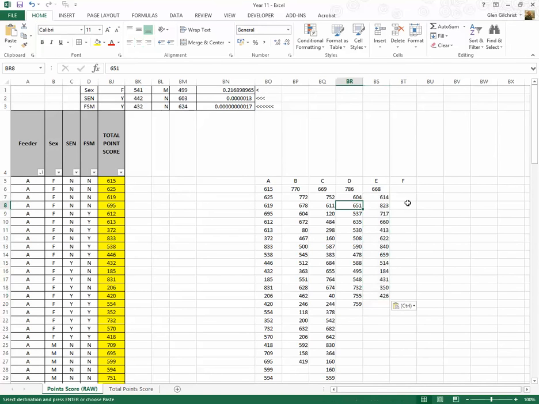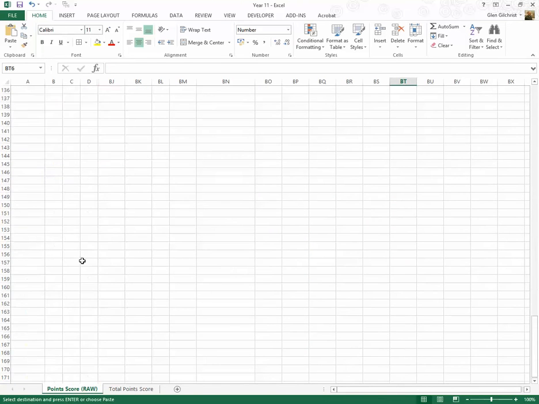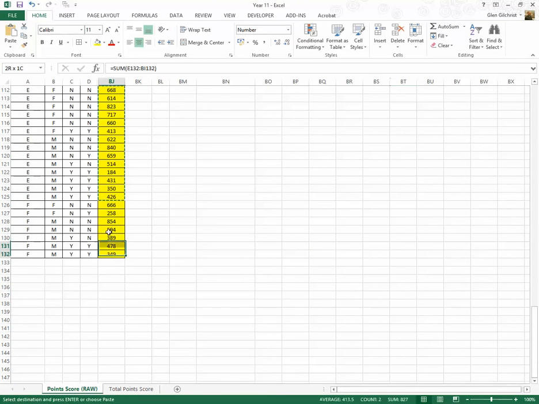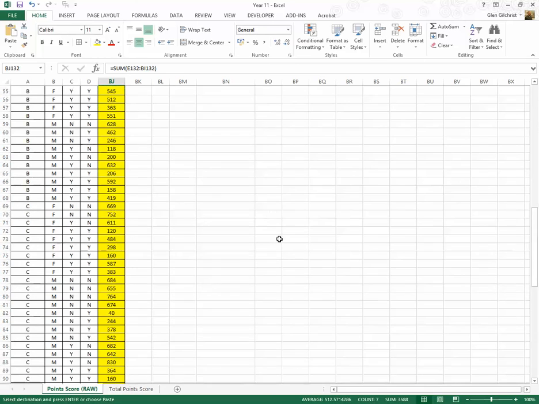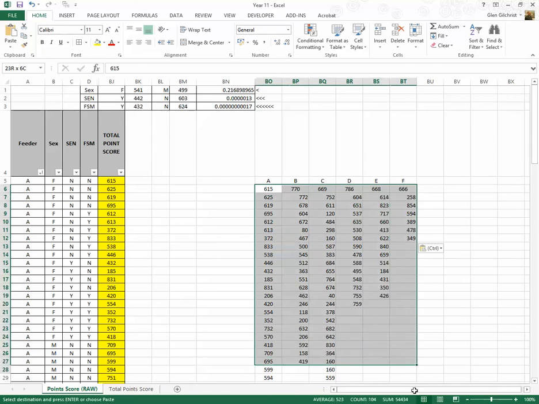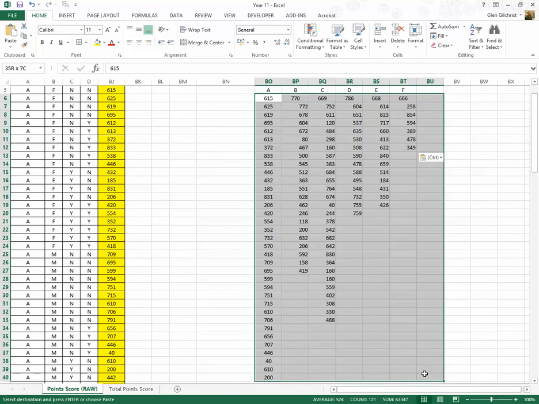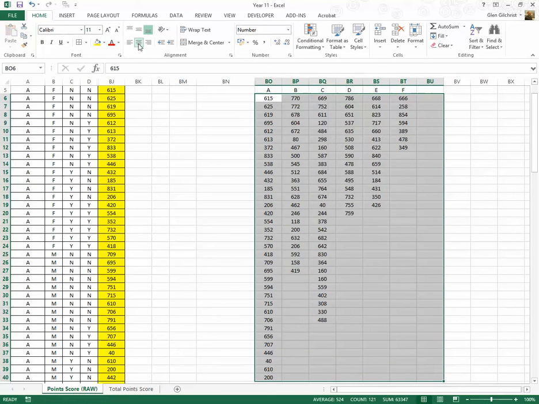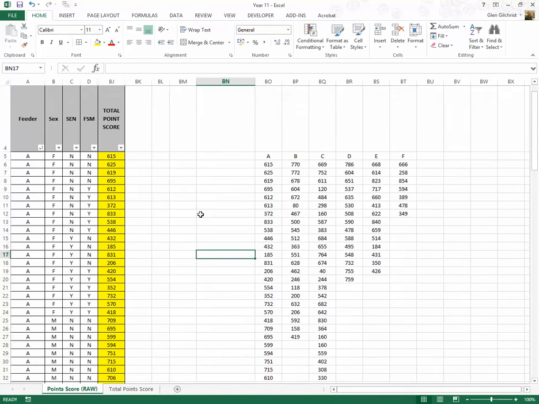And finally, I'm going to copy the data for F, which is my catch-all primary. Not many in there. Copying those across into F. And I'm just going to tidy this up a bit by making sure it's all centered, just so it looks a certain way. There we go. So now we've got column data for each of the feeder primary schools with the average point